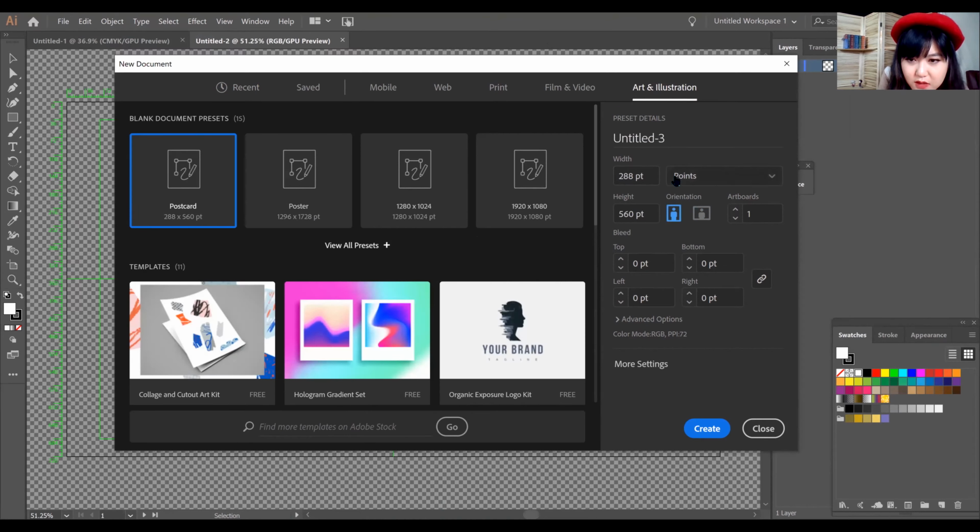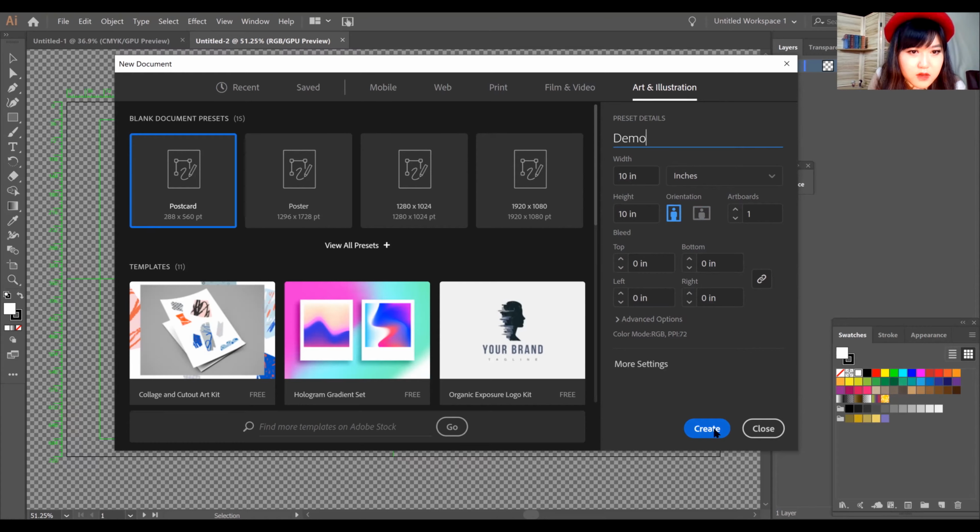And then I don't know if the sizing really matters, honestly, but I just do inches and something like 10x10. It really doesn't matter that much, because Illustrator is vector, which means no matter how much you zoom in on it, there's no pixels. It's based on math. So it's not going to get blurrier if you zoom in on it. And I can show that. So you just name it here,